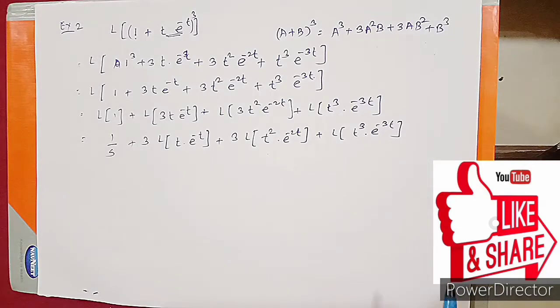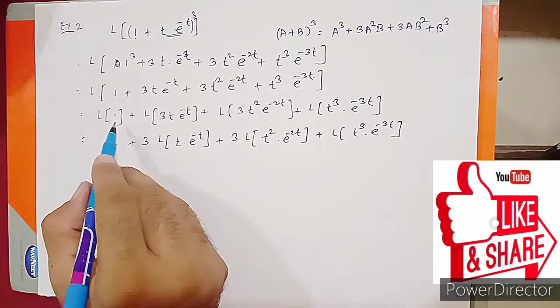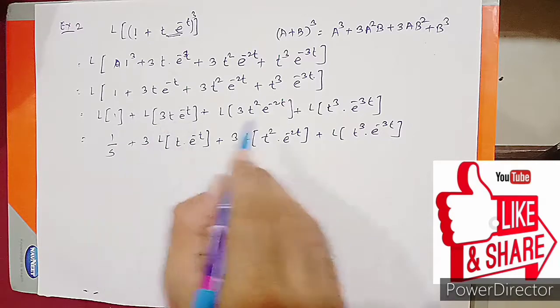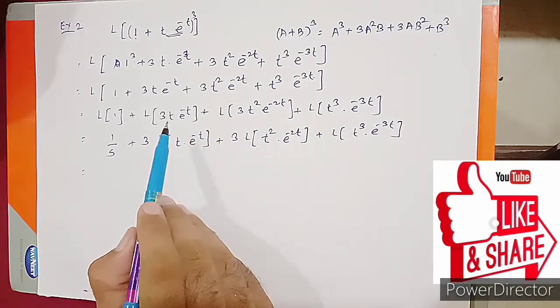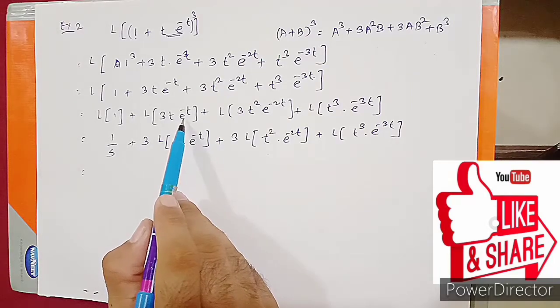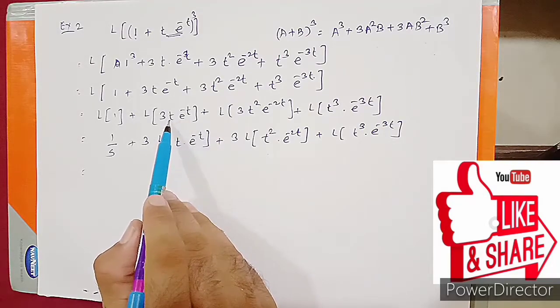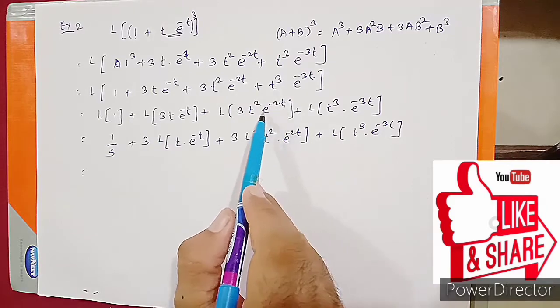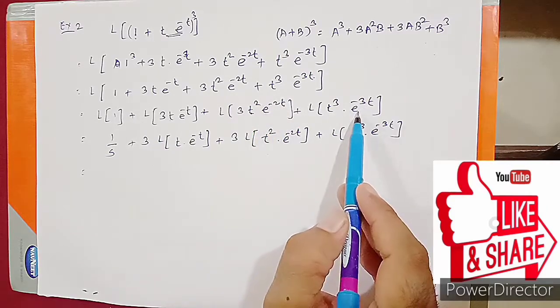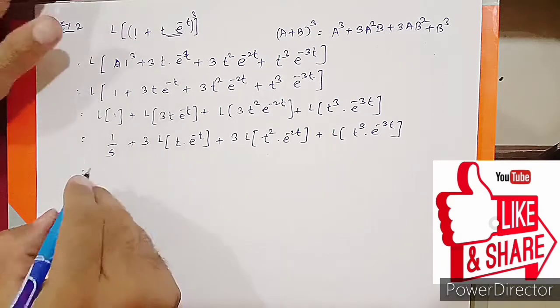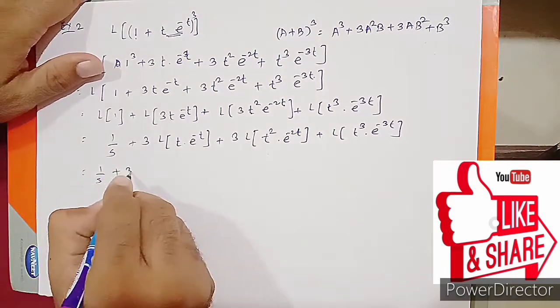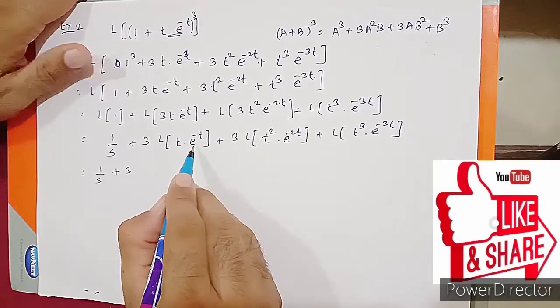Now guys, just observe all the terms. We have only Laplace of 1. We are going to find out Laplace of the remaining terms. Here just observe this: e raised to minus t is multiplied with t, e raised to minus 2t is multiplied with t square, e raised to minus 3t is multiplied with t cube, right? So all these terms are multiplied with t, so that's why this numerical belongs to the multiplication by t. What we do here, first step, we calculate Laplace of f of t.